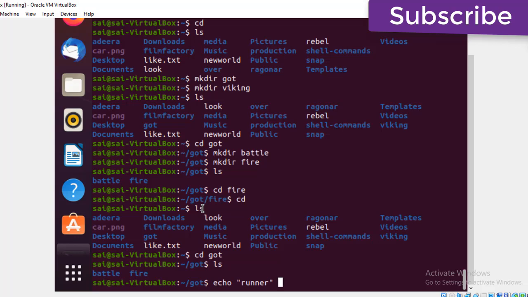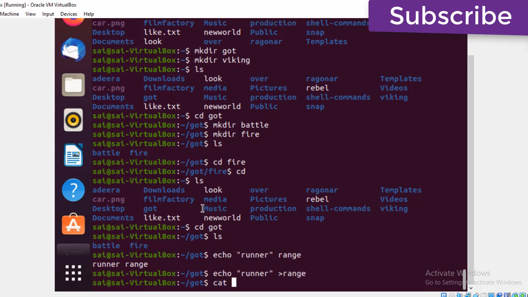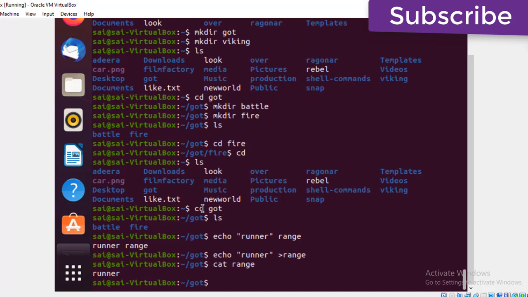I'm going to save this file in the got directory, named range. Now I want to see the range file here. See, the range runner is there.